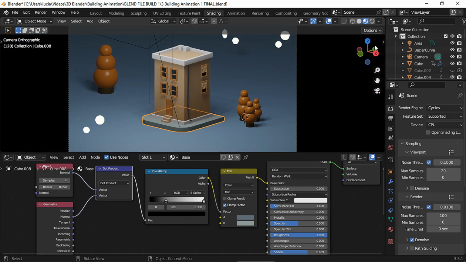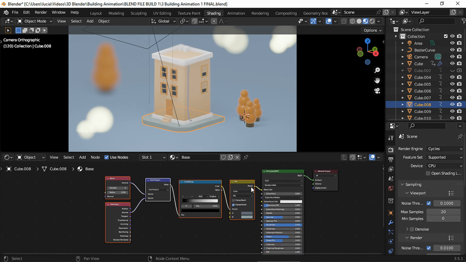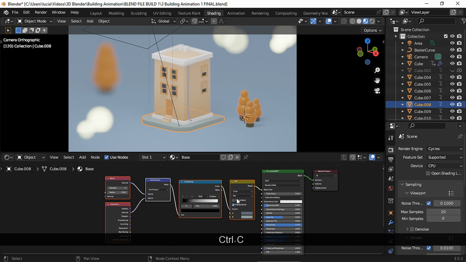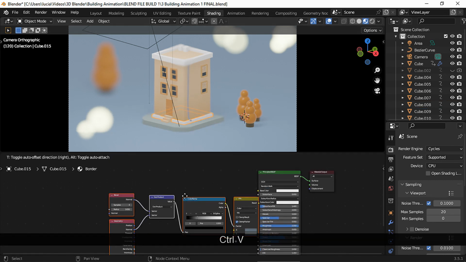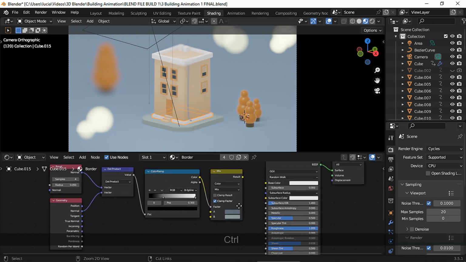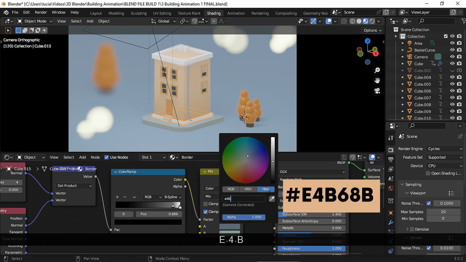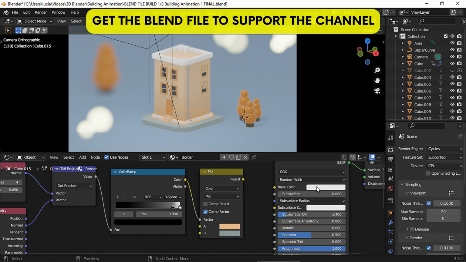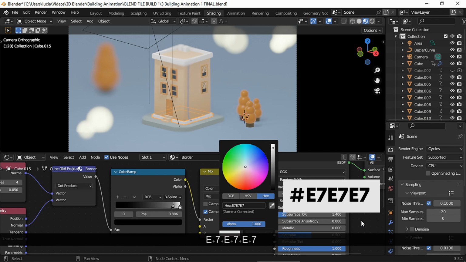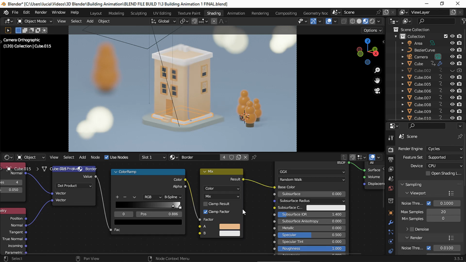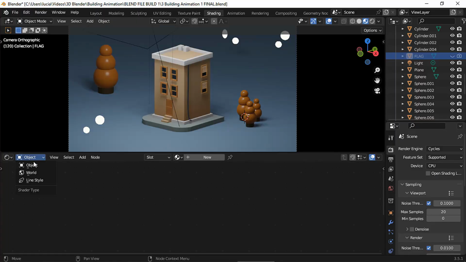The effect is pretty subtle, but you can always play with the placement of the color stops to get a more or less pronounced effect. And if you wanted, you could copy this node setup to add some color to the edges of this border, the chimneys, the roof, or any other mesh. We could pick 2 light colors, and if you get the blend file, you will find this node setup as well. And here we had the difference with and without that warm edge material in the border, the roof, and the chimneys. Back to the lighting setup.